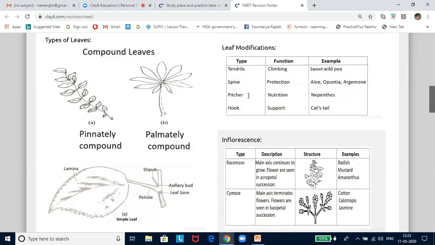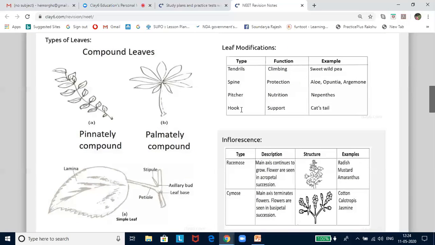Now, the pitcher plant. You might be wondering in what way the pitcher plant is taking up the function of nutrition. You know that the pitcher plant grows in soil which is deficient in nitrogen. Nitrogen is a very important element for all plants because of the physiological role this element plays in the life of a plant. In a pitcher plant, the leaf blade gets modified into a pitcher so that when an insect sits on it, it gets trapped, the insect is totally digested, and the nitrogen from the insect's body is absorbed. This is how it gets its nitrogen content. This is seen in Nepenthes, the botanical name for the pitcher plant.